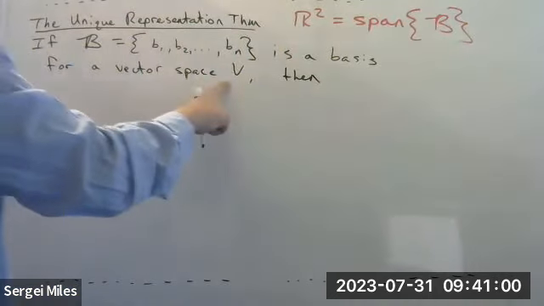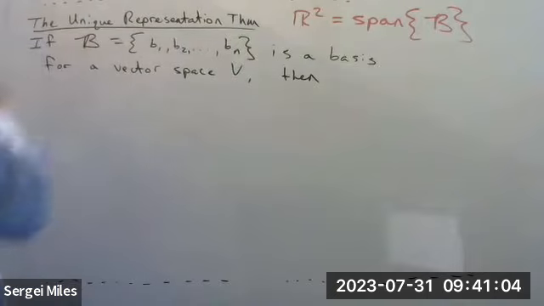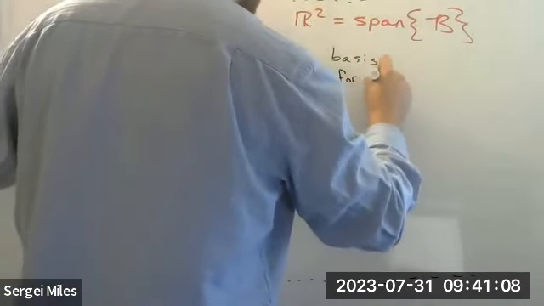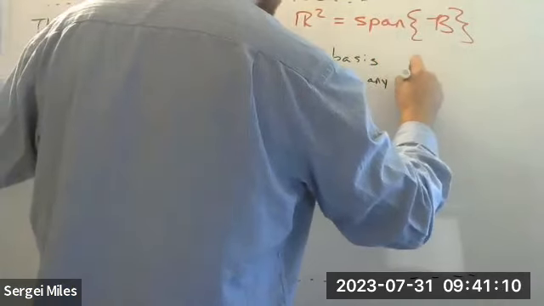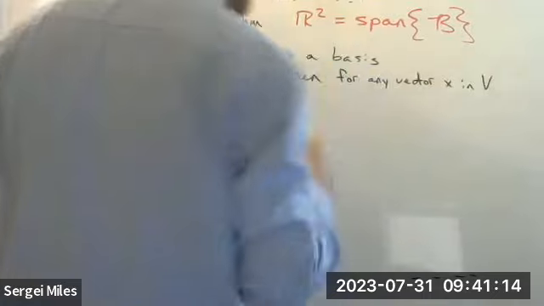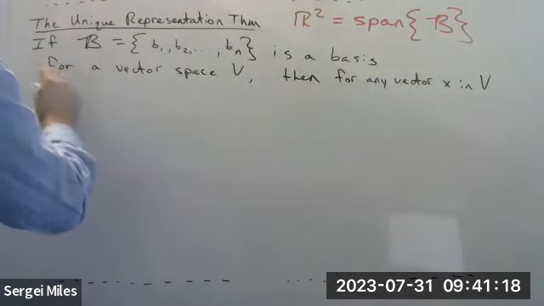Well, because it's a basis for the space, that means this space equals the span of this basis. So for any vector x in V, we have there